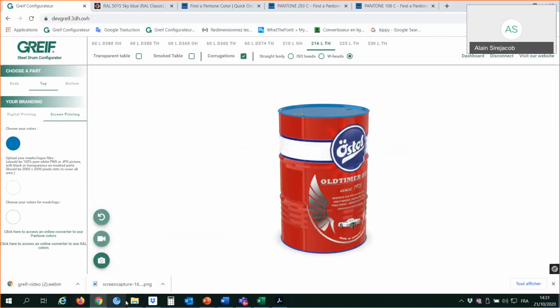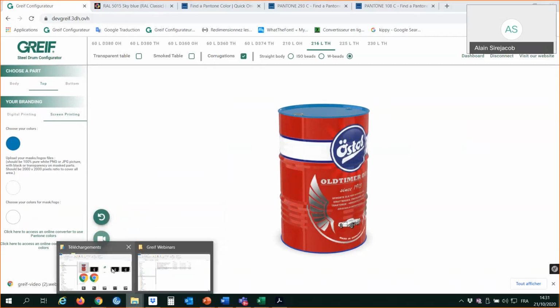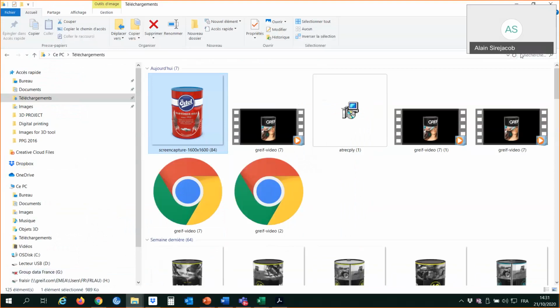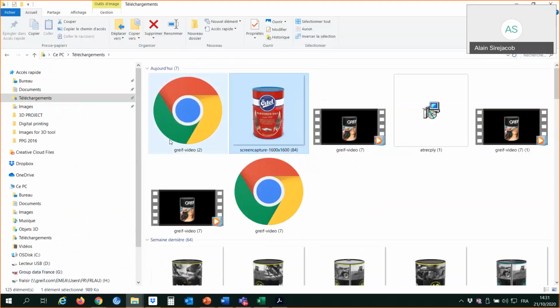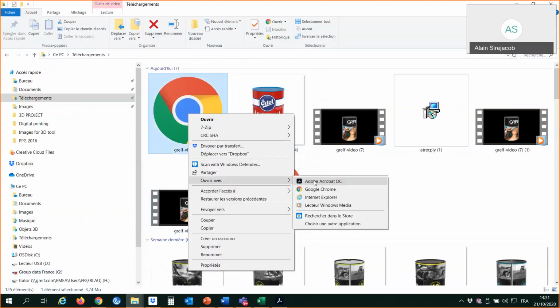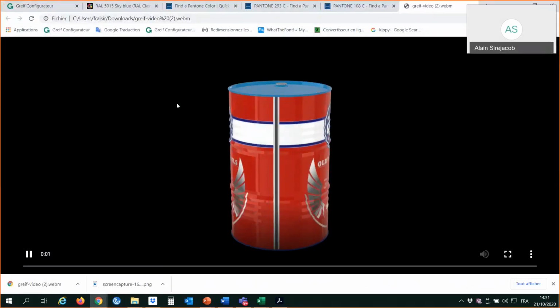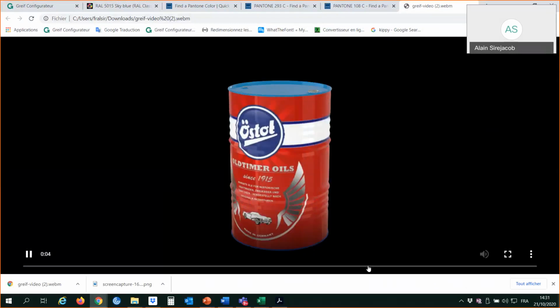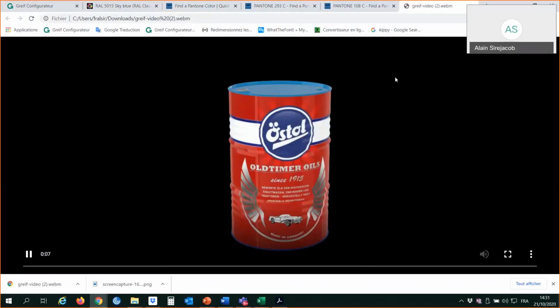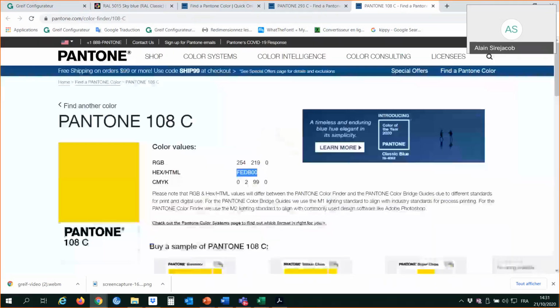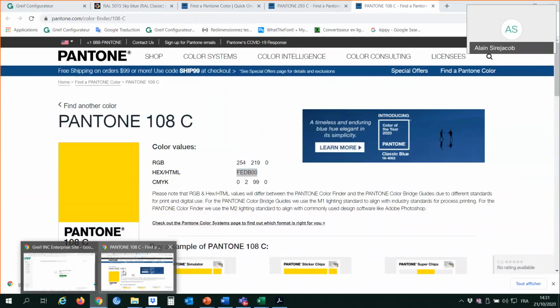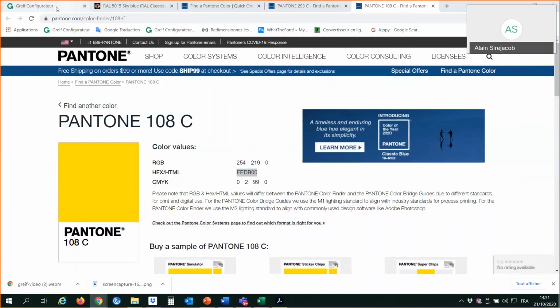And then it's the same story. You go to the download repository, and you should get your video here. So the name is Guive video. The way you can read the video is with Google Chrome, for instance. You open it with Google Chrome, or you just double click on it and you can see it on Google Chrome. Okay, so that's for the video. Let's come back to the tool. Where is the tool? Here is the tool, sorry.